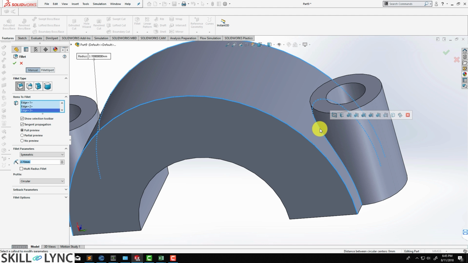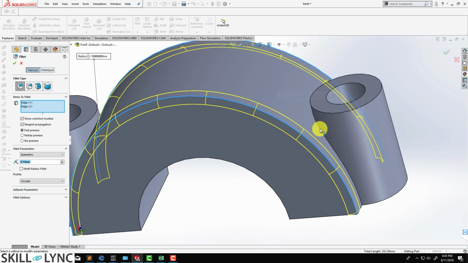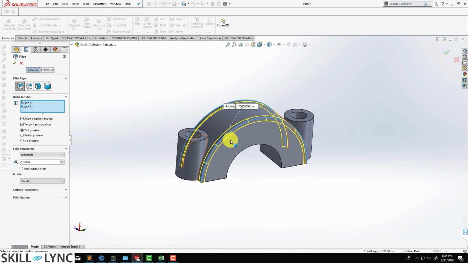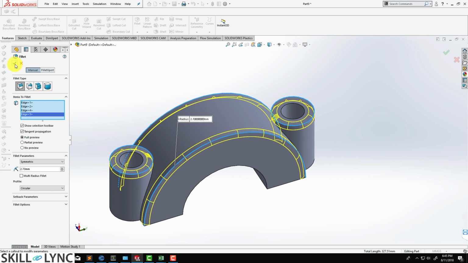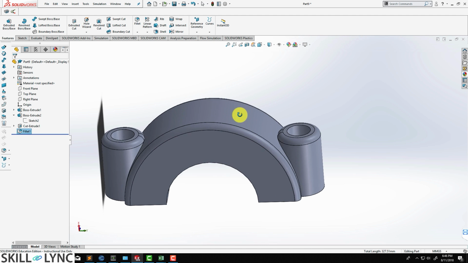So first let's apply the fillet that we have already created, and then maybe we can just create the other edges for which the same fillet needs to be applied, right? And then what we can do is to get our previous edges, we are going to go back to the fillet tool one more time,